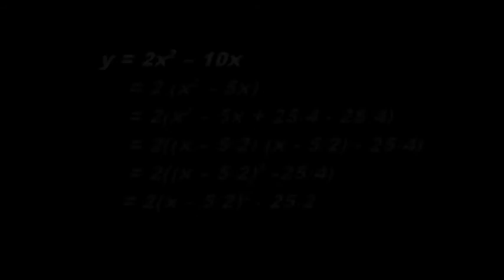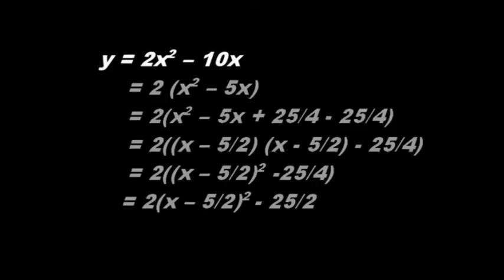If a quadratic function has a non-unity coefficient for x squared, that coefficient can be taken out of a bracket and the method of completing the square applied to the contents of the bracket. For example, y equals 2x squared minus 10x. We can take 2 out as a factor, leaving x squared minus 5x in the bracket,